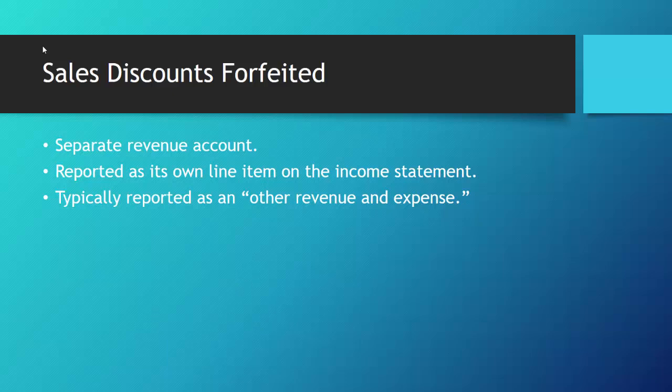You have to report it as a separate line on an income statement. So you can't just merge it all together. You've got to tell people that there's a discount being forfeited here. Typically, though I have seen otherwise, this goes under the section of an income statement called Other Revenue and Expenses. I think that's good enough